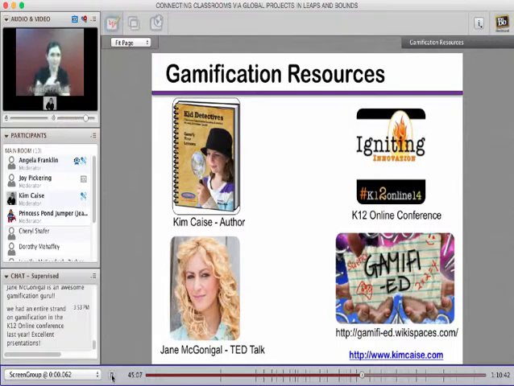The K-12 Online Conference had some great resources, and out of that I found out about the Gamified Wiki space, which Vicki Davis and some other colleagues got together and created. So we know it's quality if Vicki Davis has her hand in it.